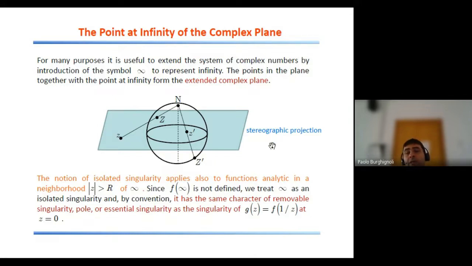And now you can establish a one-to-one correspondence between the points of the complex plane, lowercase z, and points on this sphere, which you can think of as a sphere of unit radius and center at the origin of the complex plane. The one-to-one correspondence is obtained by simply joining with a straight line the general point in the complex plane with the north pole of this sphere, the point N,